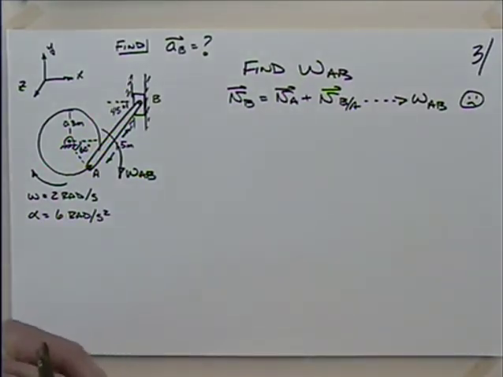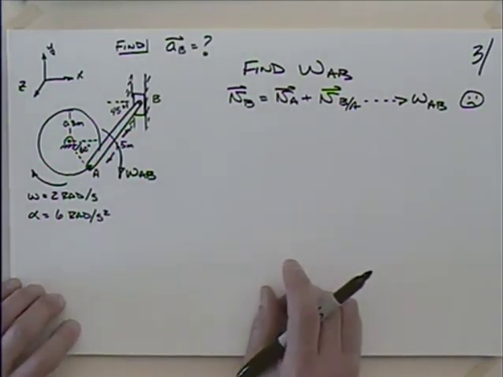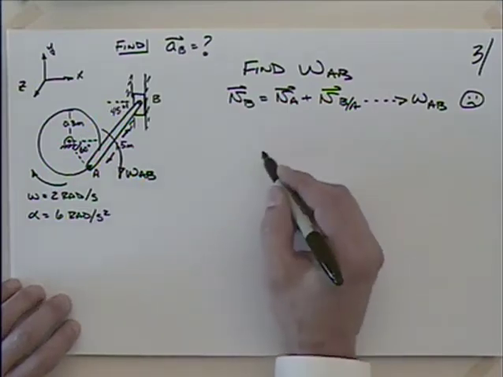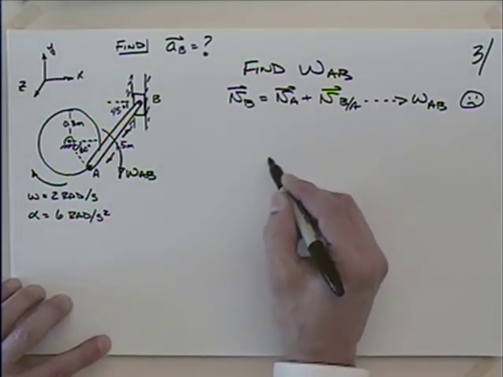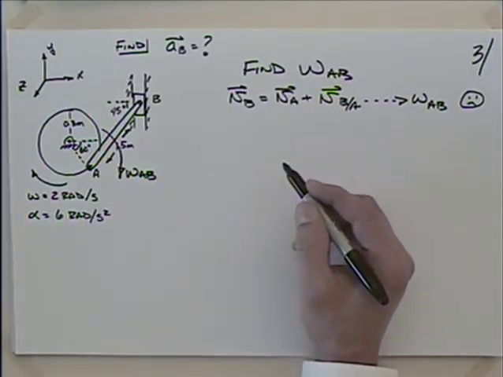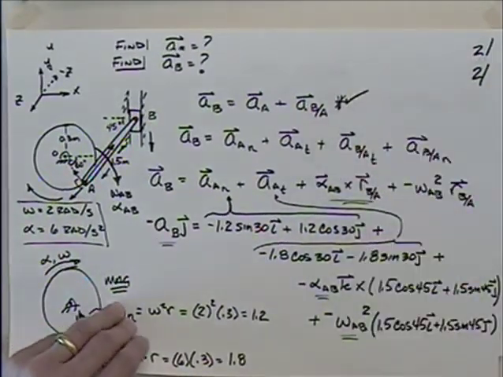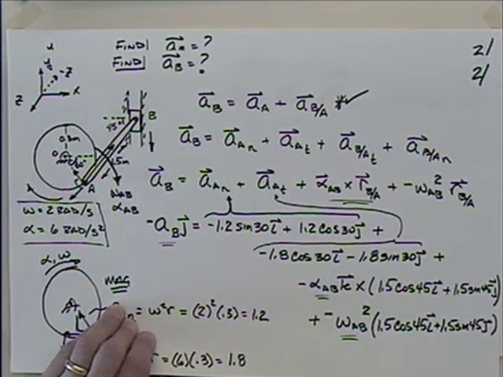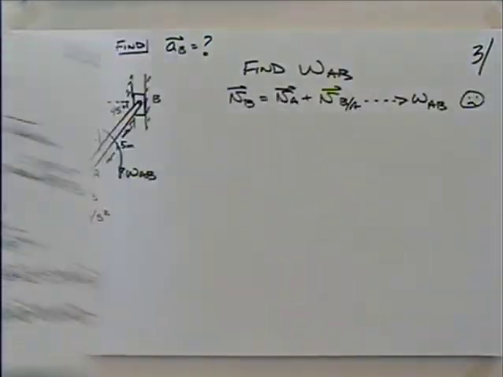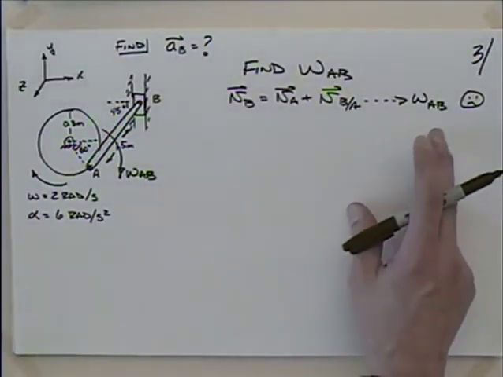What's a probably better way to get omega AB? Instantaneous center, absolutely. So let's use our instantaneous center, and that's why, let's be really clear, we can't shortcut this equation here with the instantaneous center. There is no instantaneous center of zero acceleration, but we can use it to get omega,